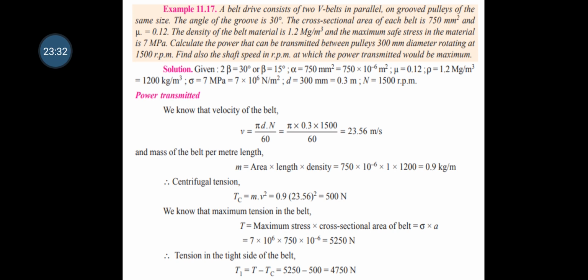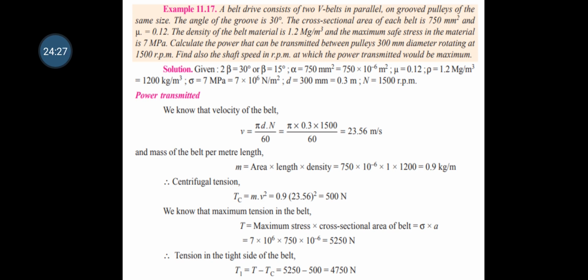We know that the maximum tension in the belt is equal to maximum stress into cross-sectional area of the belt, that is, maximum stress sigma into cross-sectional area of the belt A. Maximum stress is 7 into 10 power 6 and cross-sectional area is 750 into 10 power minus 6. So the maximum tension in the belt T is equal to 5250 Newton. The tension in the tight side of the belt T1 is equal to T minus Tc. We already know the maximum tension T and centrifugal tension Tc, so the tension in the tight side T1 is equal to 4750 Newton, and the tension in the slack side T2 is equal to,